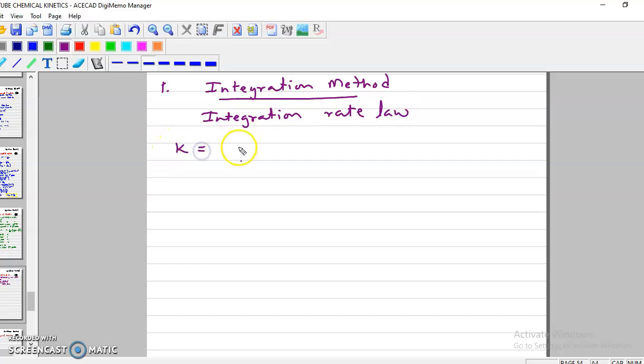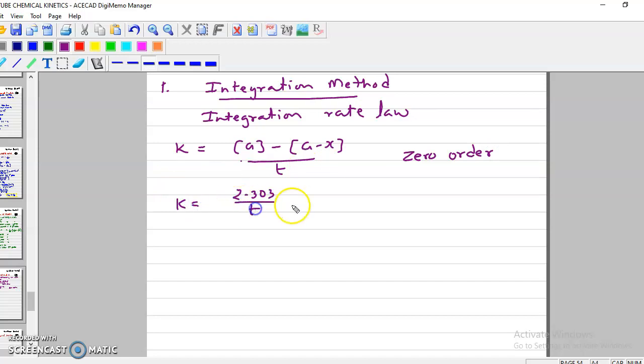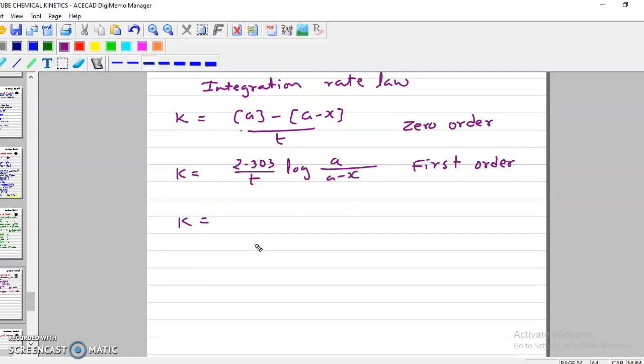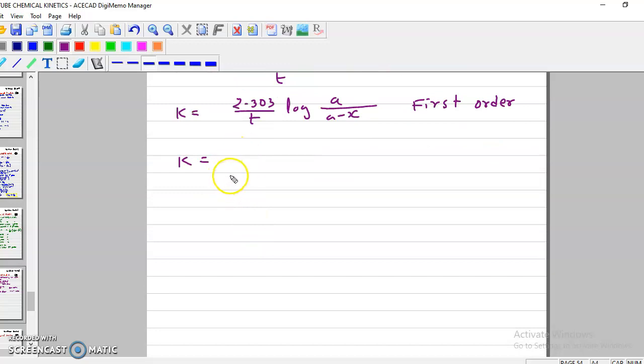K is equal to concentration of A minus concentration of A minus X upon T for zero order. This is integration rate law for zero order. K is equal to 2.303 upon T log A upon A minus X. This is for first order. Now K is equal to 1 upon AT into X upon A minus X. It is for second order,